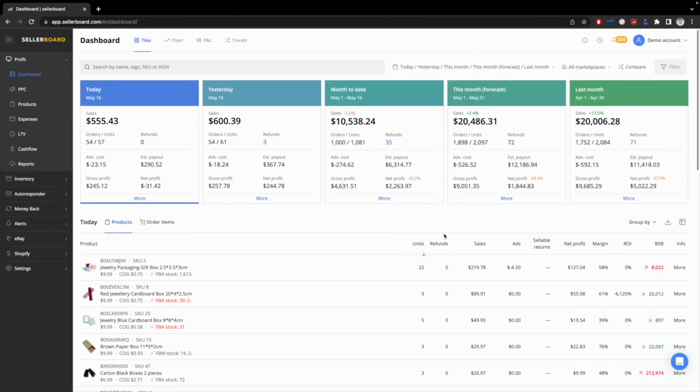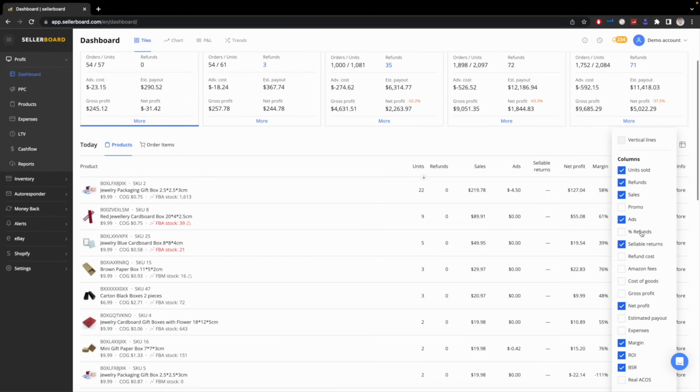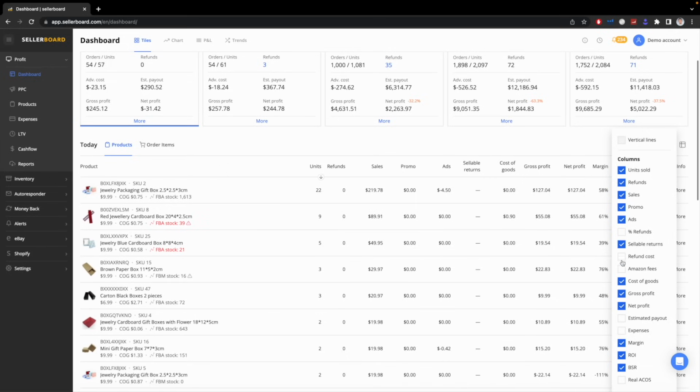Okay, and here's one more thing I wanted to mention about the product spreadsheet down here: you can actually edit this spreadsheet view configuration by adding and subtracting certain KPIs that you may want to see or that you don't want to see over on this side. We can do that by clicking this button over here and adding or subtracting any of these KPIs that we're interested in looking at. So for example, if we want to see the amount of promotions used, we can add that in. If we're not so interested in seeing the net profit, we can take that away. And you can add or subtract any one of these that you want, which just makes it a very customizable spreadsheet for you to look at.